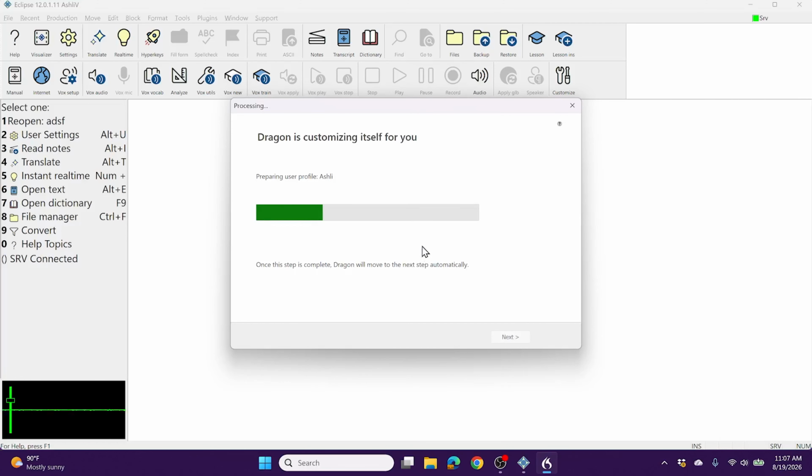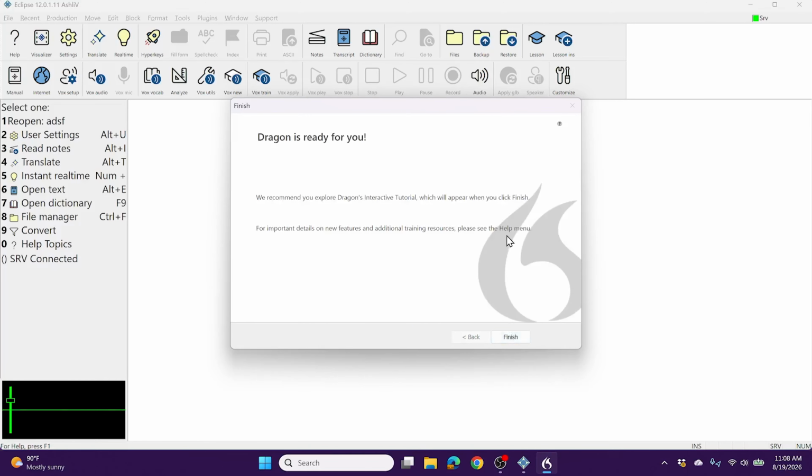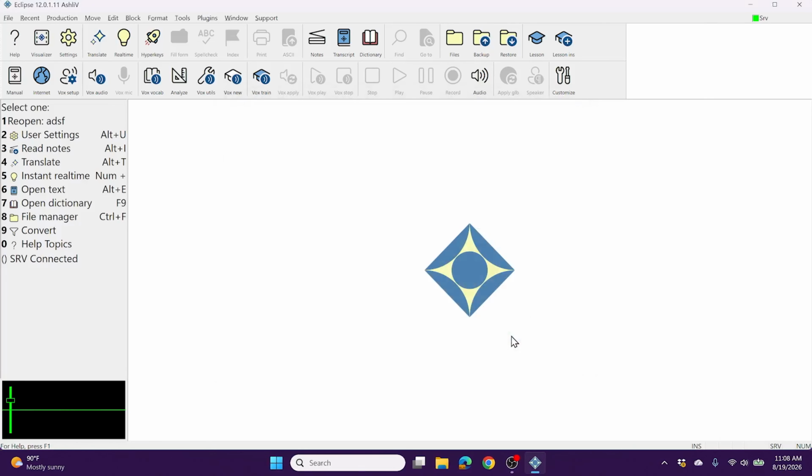Dragon will now customize itself to your voice sample that you've provided. We'll do further customization in the future, but this is the first step. If you're prompted to extend your Dragon experience on a mobile device, you can simply click Next. And now Dragon has finished doing the first initial setup for my new voice user, and I can click Finish